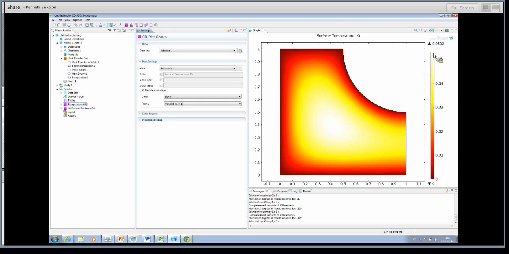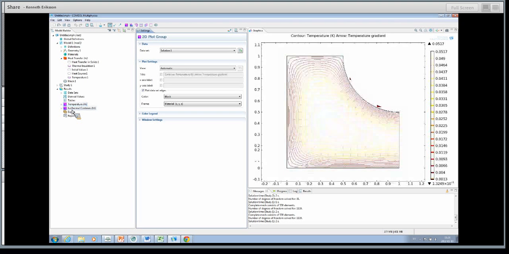I could visualize the temperature field in other ways. We have this one, for example, isothermal contours. So I double click this one, and then in the graphic window here you have these isothermal curves representing different temperatures. You also see some arrows here, because if we look here, this choice includes, in this case, both contours and arrows. I could delete some of this and add